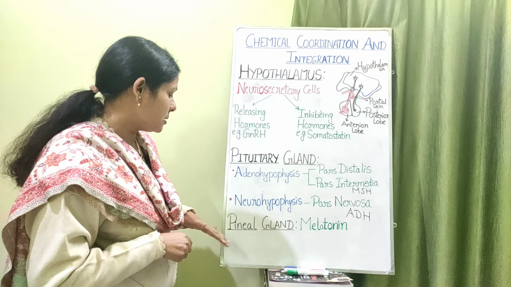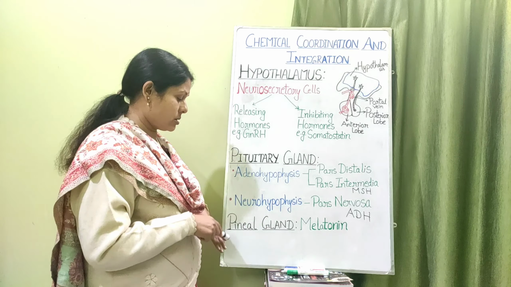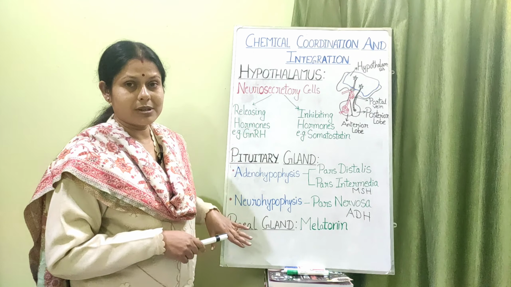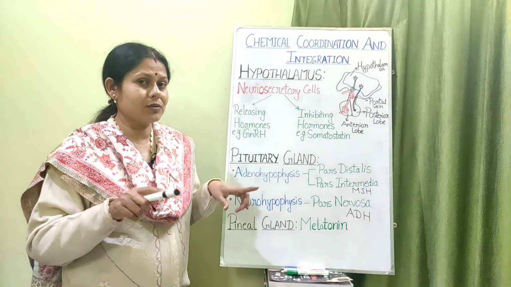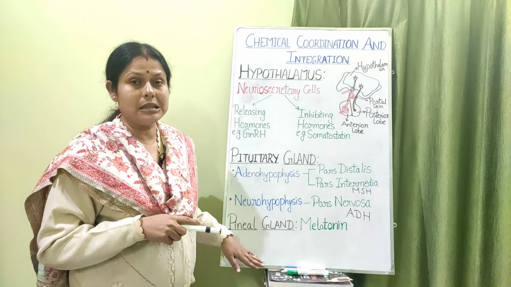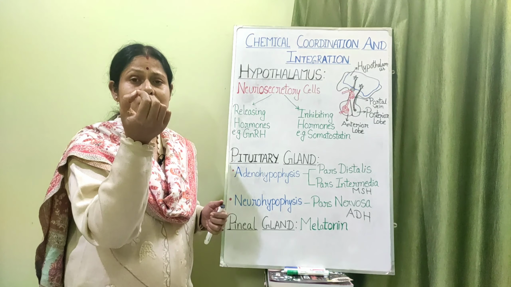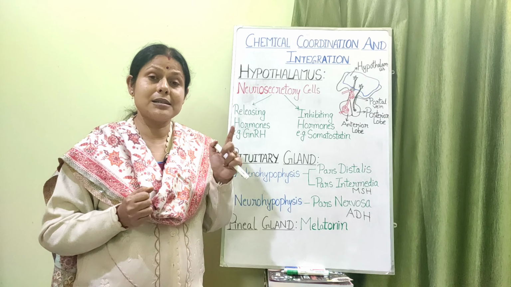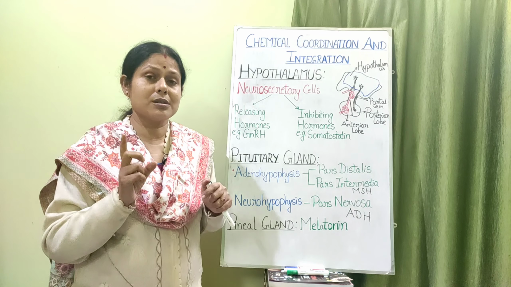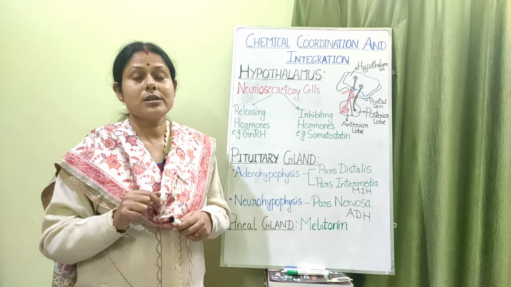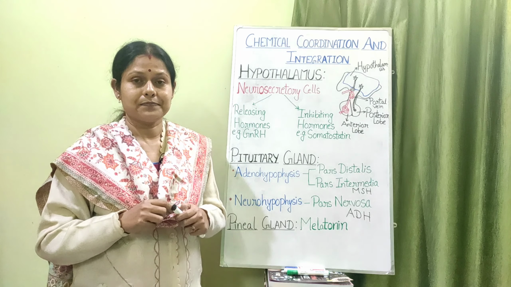Okay, fine. Now the last one which I wanted to take up, as all these are related to the brain, is located on the dorsal surface of the brain: the pineal gland. It is also the size of a small pea, and it is important in the sense that it is secreting two hormones. In your book only one hormone is written, that is melatonin, but it is also secreting another hormone called serotonin.